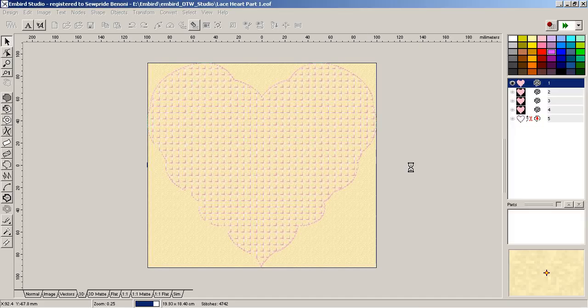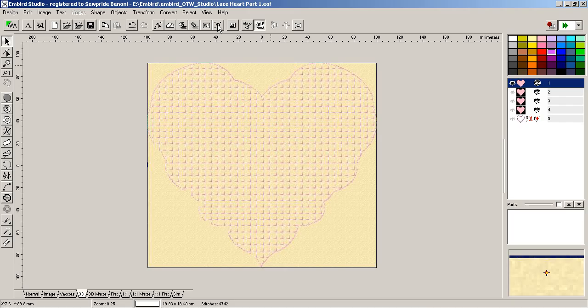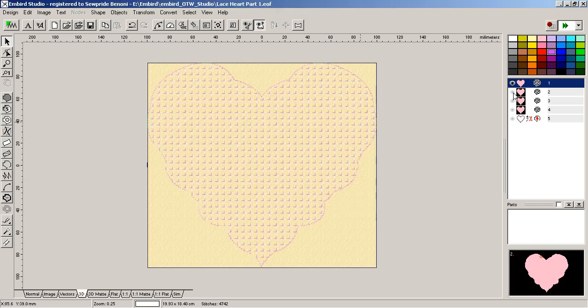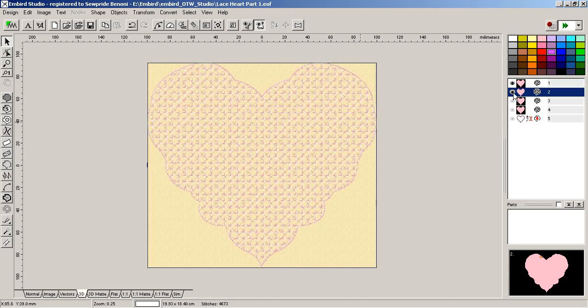Then I went and, just wait for it to change over. Then I went into the transformation icon. And from there I basically created 3 extra duplicates. So I created object number 2, 3, and 4. Go and put number 2 on. And the only thing I did with them was actually just change